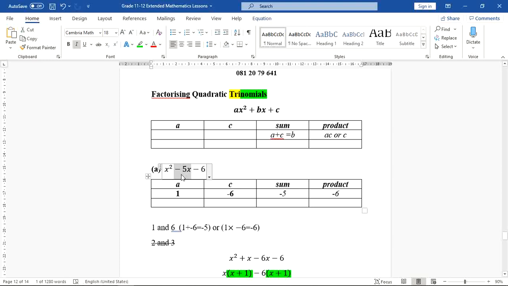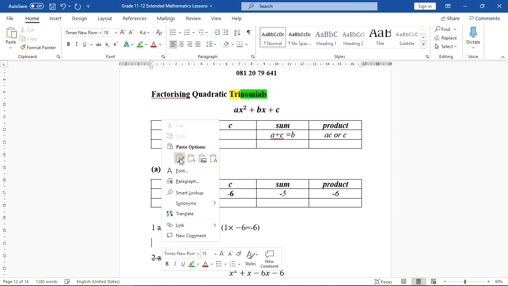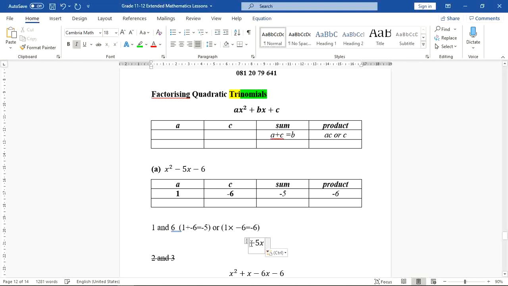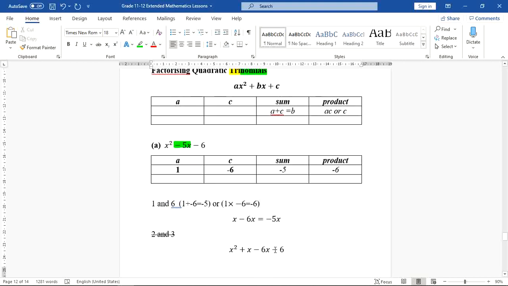by, I want you to look at this. Copy, paste. Look at this. 1x minus 6x should give me minus 5x. So I'm replacing this term by the two factors, which is 1 and negative 6. So it's 1x minus 6x, which will give me minus 5x. And if I do that, now I end up with